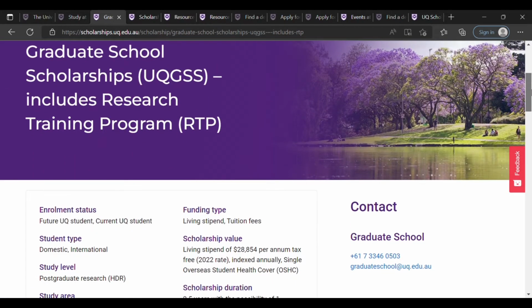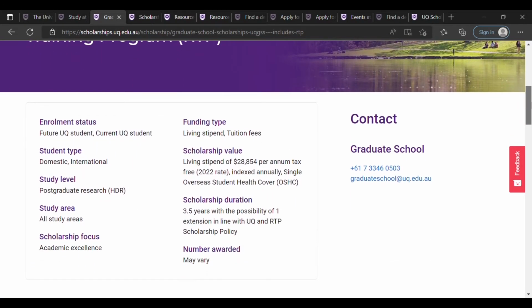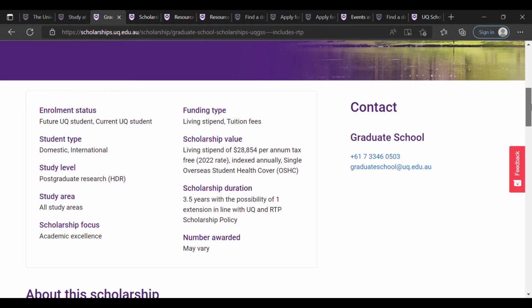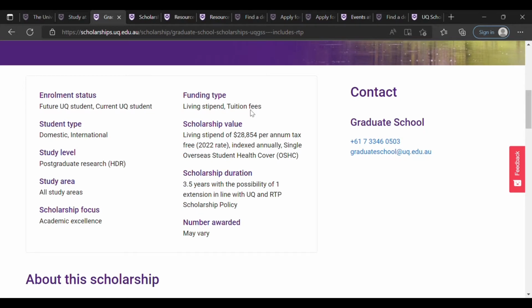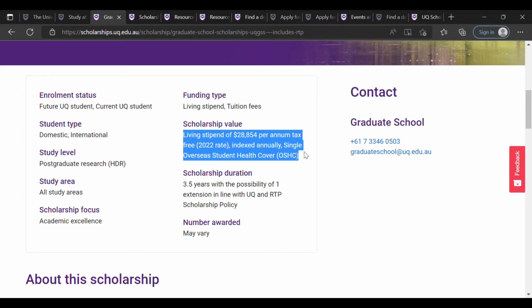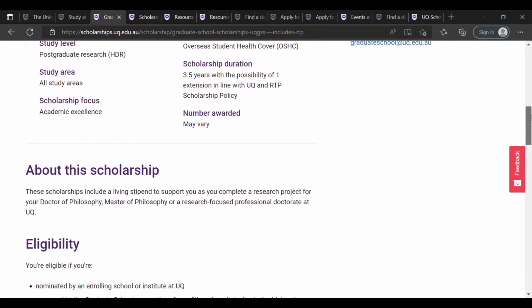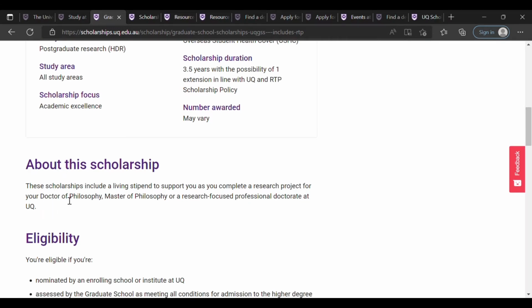So we can see it's available to both future and current University of Queensland students, both domestic and international. All study areas are eligible to apply. It covers your tuition, a living stipend of about $29,000 as well, with health insurance. And it's available to either Doctor of Philosophy or Master of Philosophy or research focused professional doctorate at this